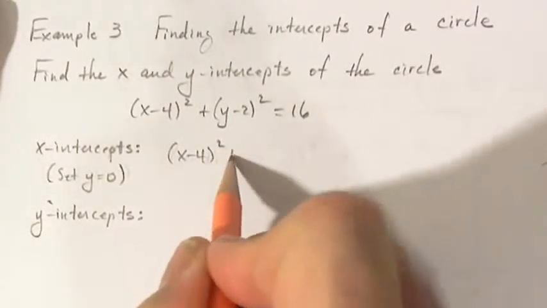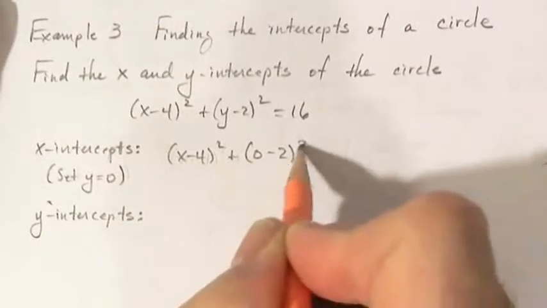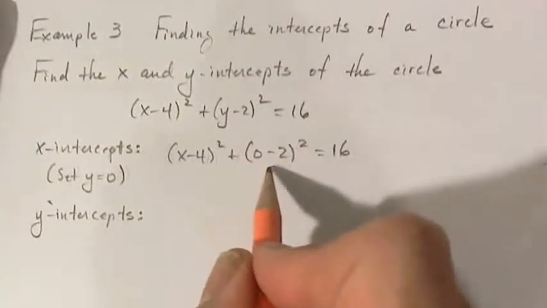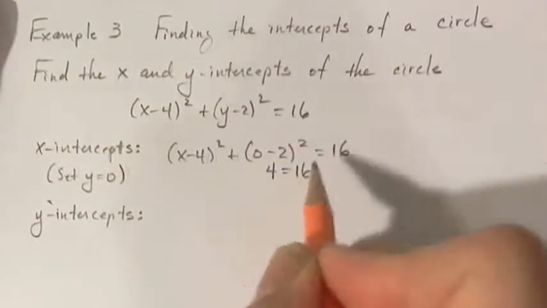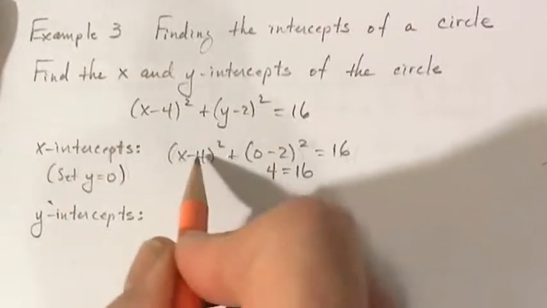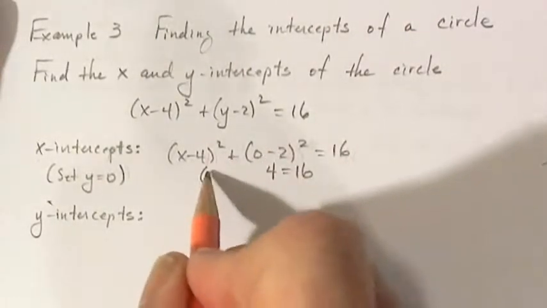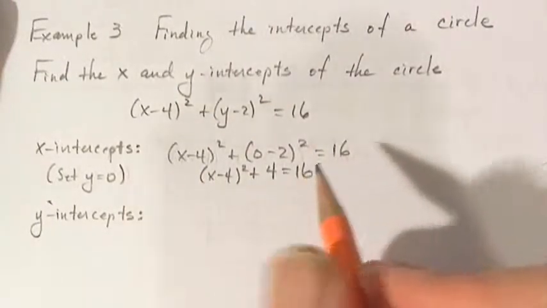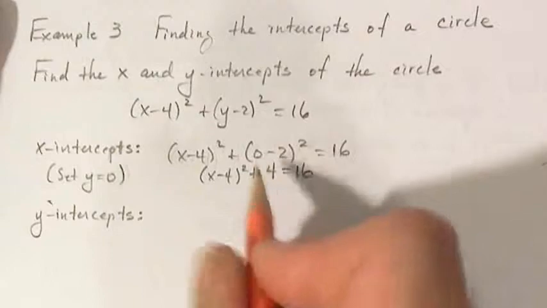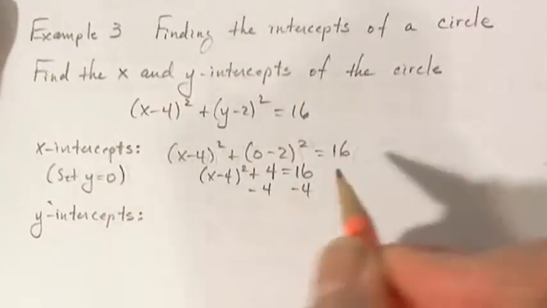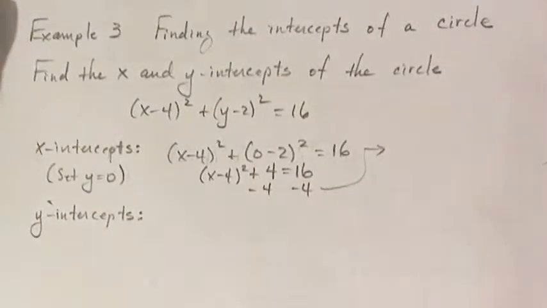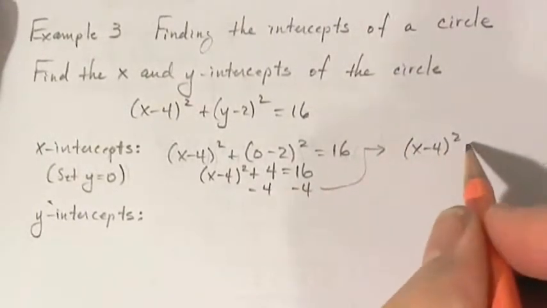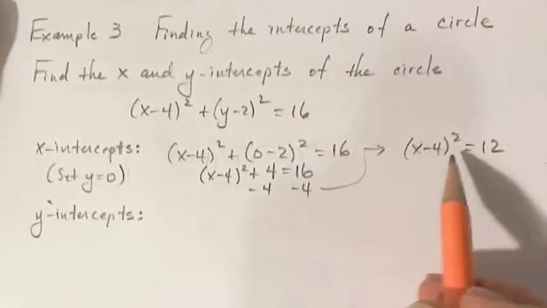x minus 4 squared plus 0 minus 2 squared is 16. So you square the minus 2 to get 4. And you can leave this in squared form because that's going to make it a little bit easier to solve it than if you FOIL it out. So you get to this point and you take away 4 from both sides, and I'm going to bring the calculation up here. You get x minus 4 squared equals 12,